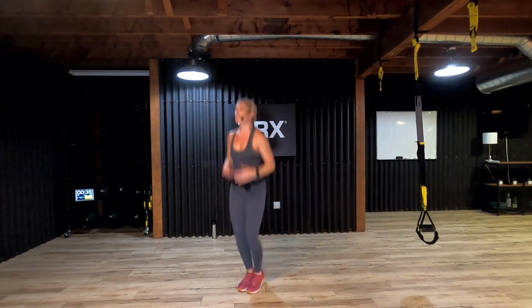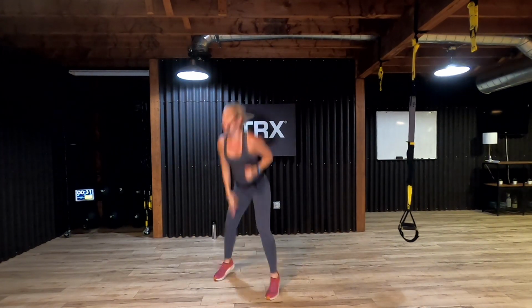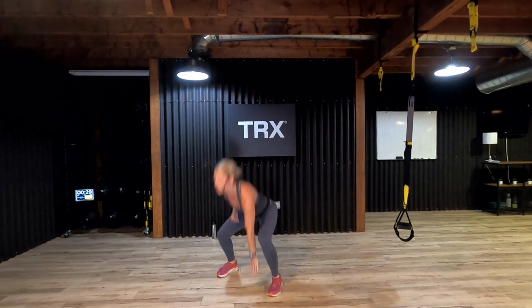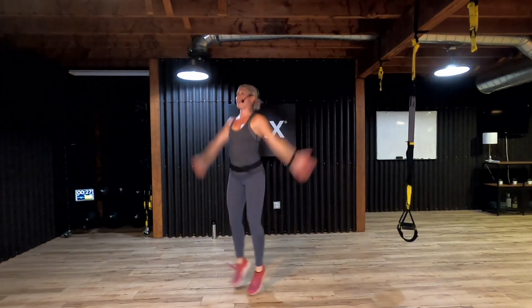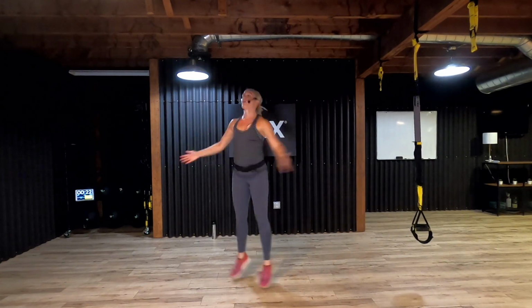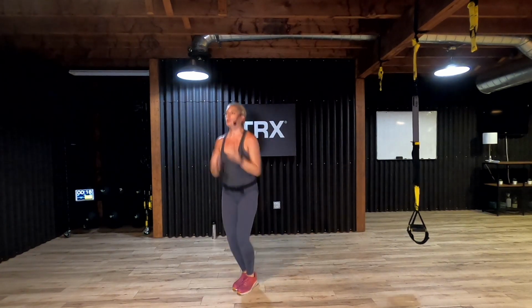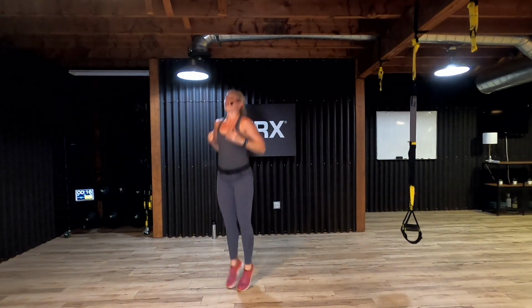4 booty jacks. I'm gonna do the double jump. Jump, jump, 2, jump, jump, 3, jump, jump, 4, and start back over. 8, 7. I'm gonna go seal jacks this time just to mix things up. 4, 3, 2, 4 booty jacks. Drop, 2 jumps, 3, 2,